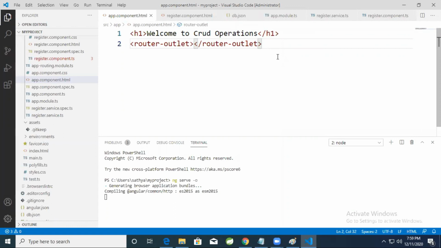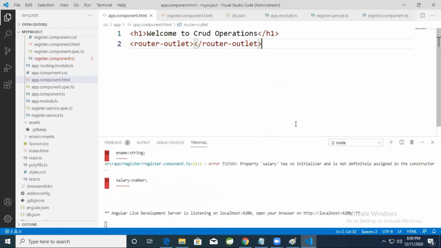If you want to debug the Angular application, you can debug. The debugger option is also given, but you can debug at runtime. I will show you how to debug also. So the application is compiling. Auto compilation option is there here. Only one employee record is there. That record must be displayed in my browser.